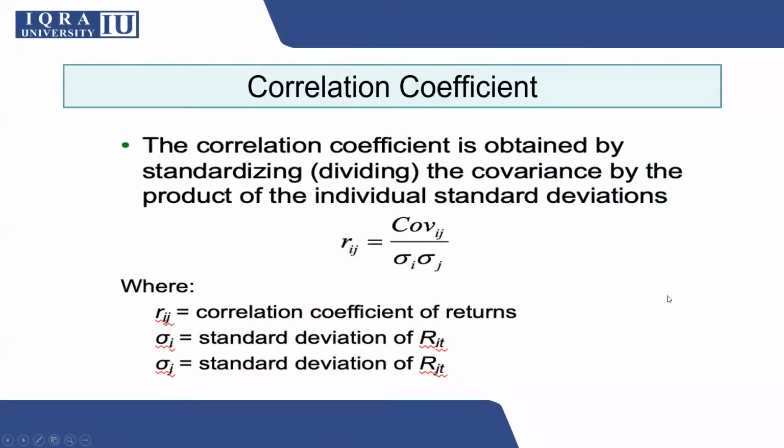As discussed on the previous slide, the magnitude of covariance is difficult to interpret. So in statistics, we convert covariance into a standardized value, and that standardized value is called correlation. Students who have done their basic fundamental statistics courses are already quite used to the concept of correlation. We use a similar formula. This is easy to calculate once you have calculated covariance. As the formula shows, covariance is divided by the product of the standard deviations of both stocks.